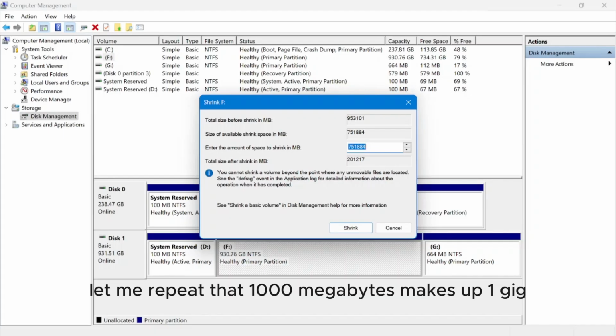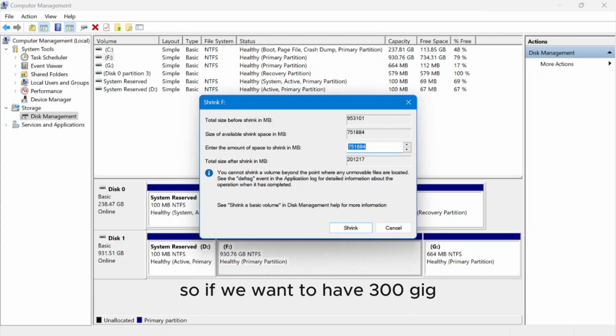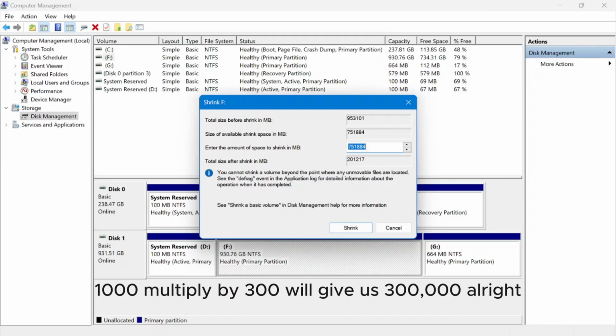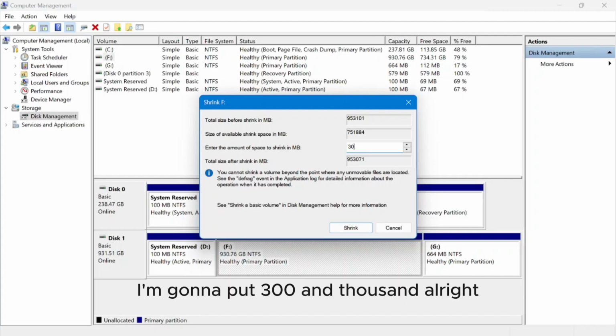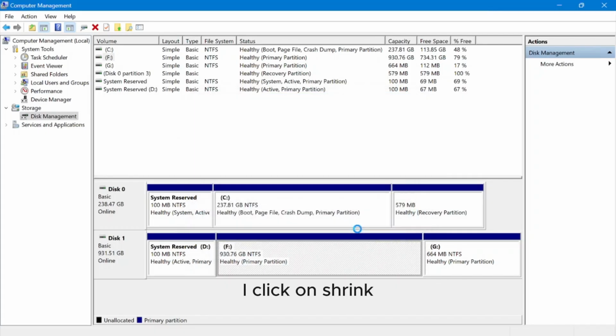Let me repeat that. 1000 megabytes makes up 1 gig. So if we want to have 300 gig, we need to have 300,000. 1000 multiplied by 300 will give us 300,000. All right, so I want 300 gig. I'm going to put 300,000. All right, I click on shrink,